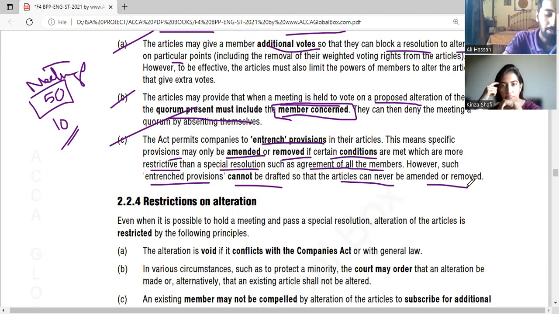Means some of the articles should be allowed to change over time, and some should be kept entrenched, restrictive. Entrenched provisions का क्या मतलब है? Entrenched provisions का मतलब है कि for example, I might say that okay, if you as students want the class,